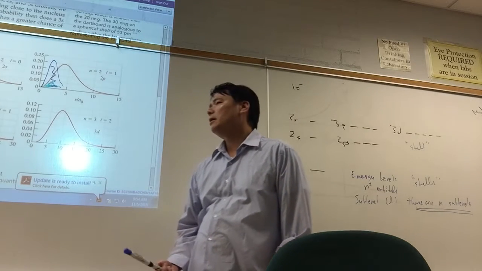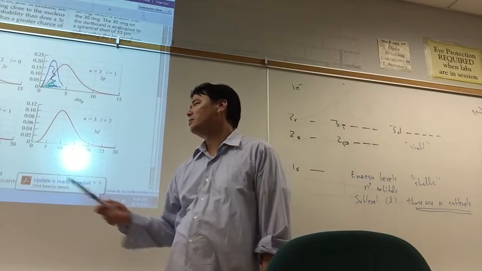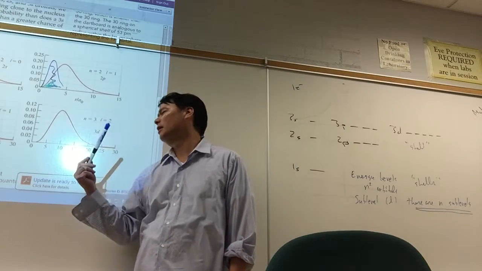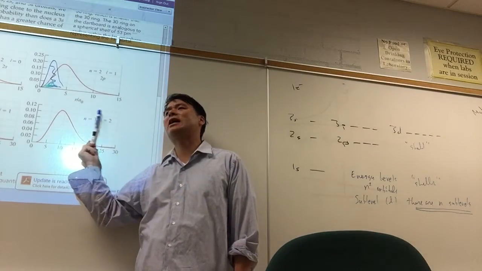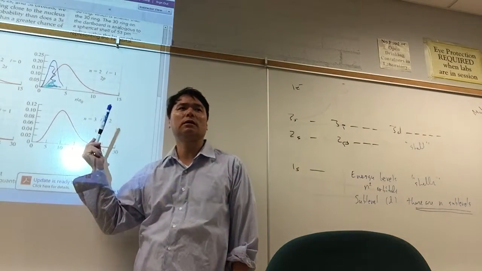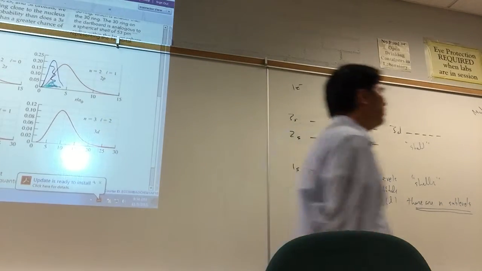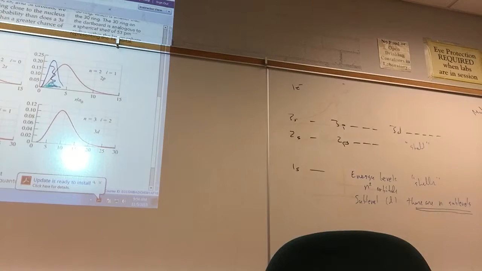So when we're thinking about it, the valence electrons are more probably defined as the outermost electrons, right? And so which one are the outermost electrons? The 4s or the 3d? The 4s are the outermost electrons. And therefore, if an oxidizer comes along, an oxidizer is going to pluck off the outermost electron first, which is the